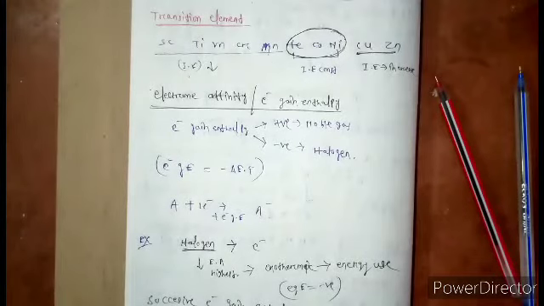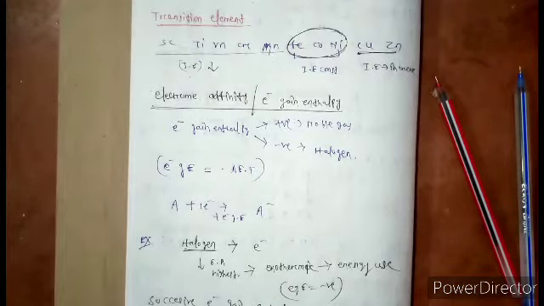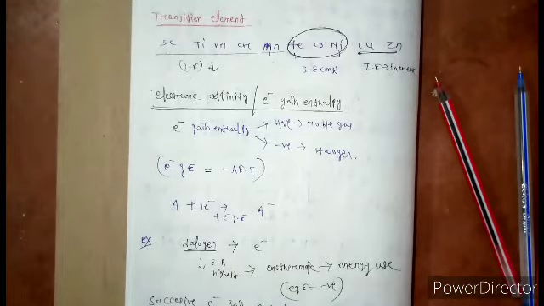So we have to remember scandium, titanium, vanadium, chromium, manganese. These 5 are in decreasing order. Then iron, cobalt, nickel: these 3 have constant ionization energy, that is nearly the same. Then copper and zinc, the ionization energy increases.